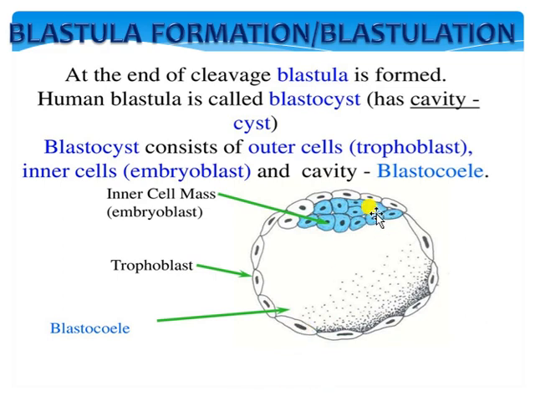And specifically in case of this trophoblast, the roof portion of the trophoblast or the blastocyst or blastula is commonly known as blastoderm. Blastoderm is the roof portion of the trophoblast. And the remaining structure I have already told: the inner cell mass, and the blastocoel, which is fluid filled, and from that fluid this inner cell mass will get nourishment. So this is overall the structure of the blastula, and formation of this structure from the morula, that is the 32 to 64 cell stage, takes place by the process called blastulation.